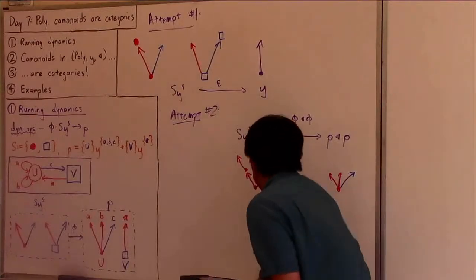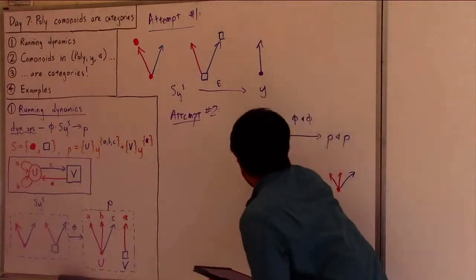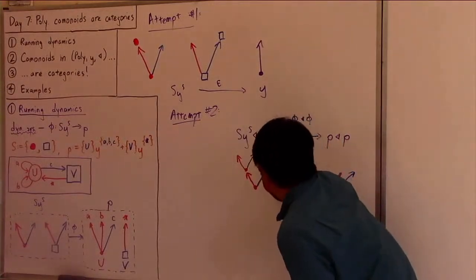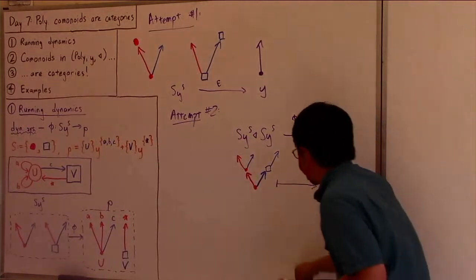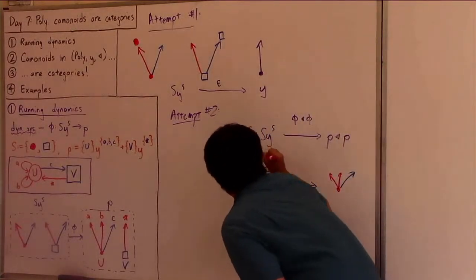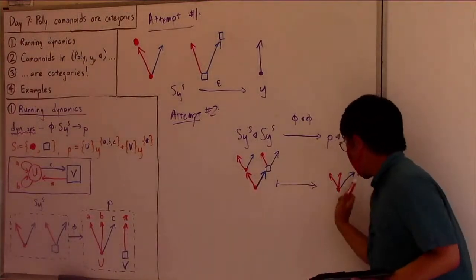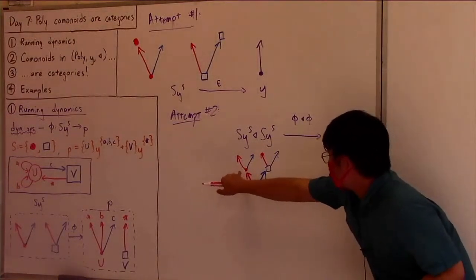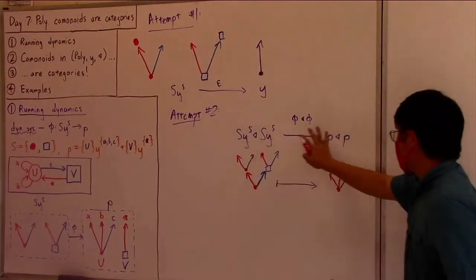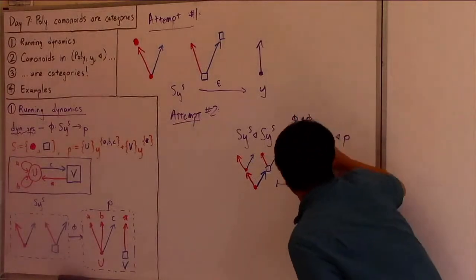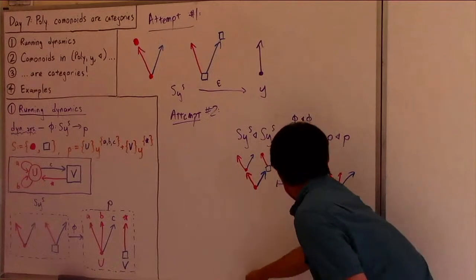So then we're just going to have this again. And similarly, if we're at the blue arrow, we want it to go back to the blue position. Or not go back, but go to the other position, which is the blue position. Which is going to look like that again. And so now, once we've gone through here once, we're at a new position, the position that we wanted to go to. And we're going to send that forward again through the map phi. And that's going to give us